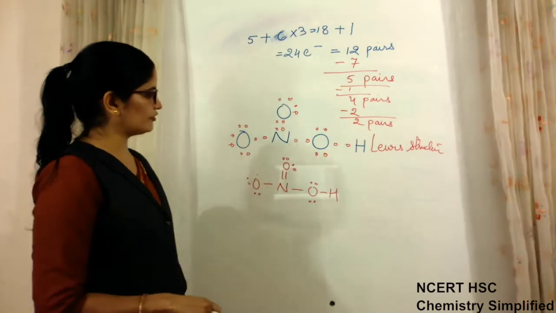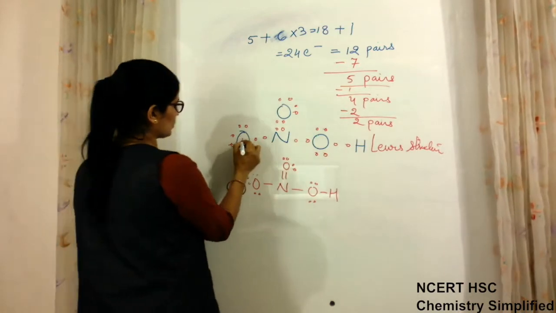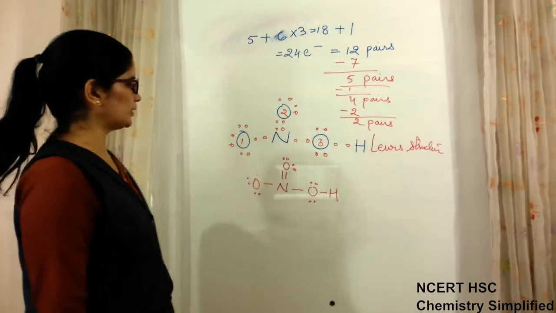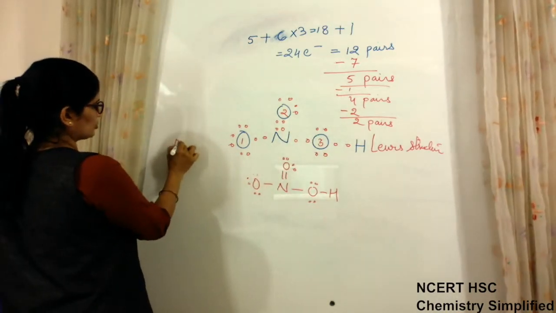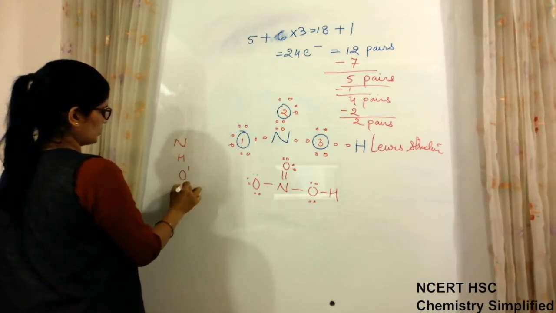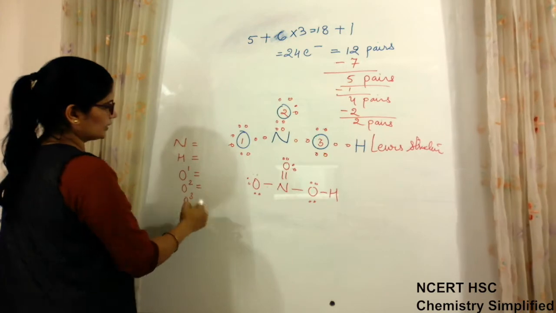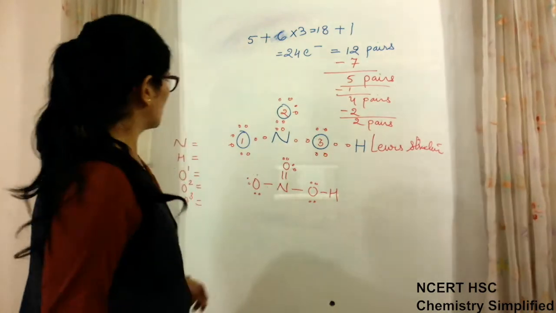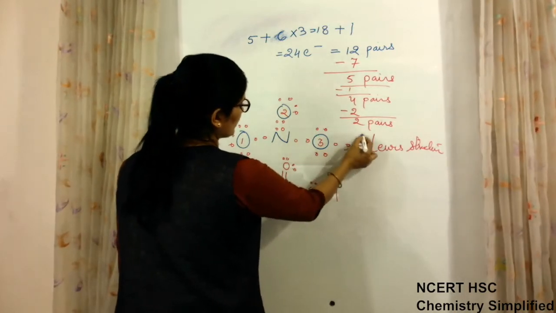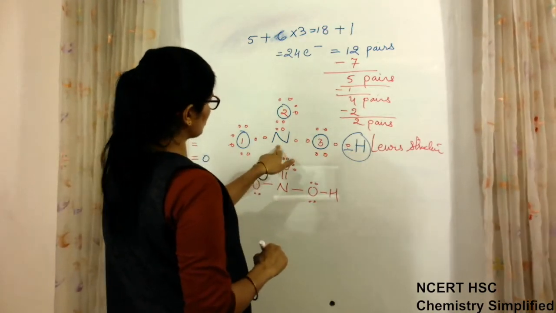Now in this structure, if you just want to calculate the formal charges, can you calculate? If I label these as oxygen atom number 1, 2 and 3, and nitrogen and hydrogen are only 1, 1. So nitrogen formal charge, hydrogen formal charge, and oxygen atom number 1, oxygen atom number 2 and oxygen atom number 3. Let us see, do they have any formal charge or not? Okay, so hydrogen does not have formal charge, because it has 1 electron and 1 only is present on it, so 0. Let us see for nitrogen also.